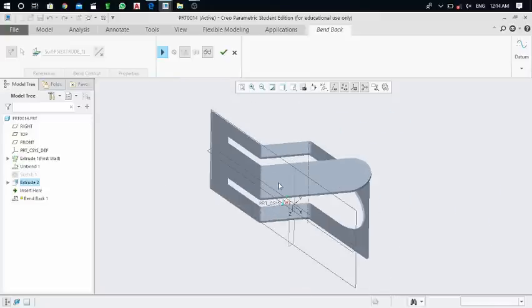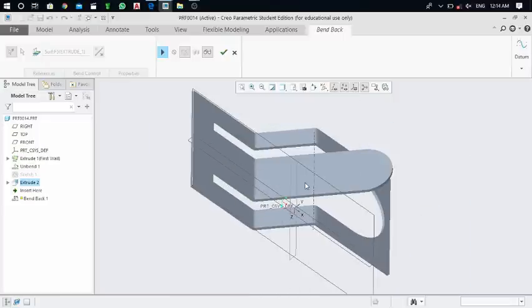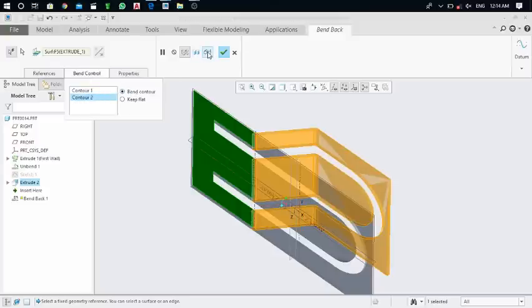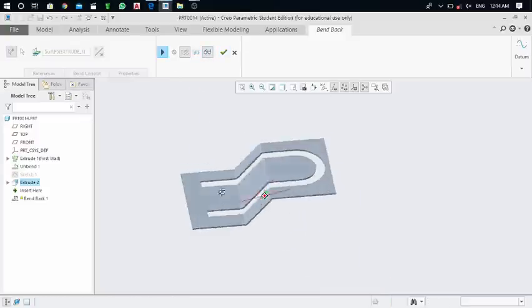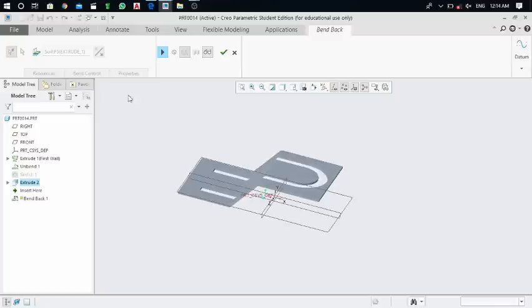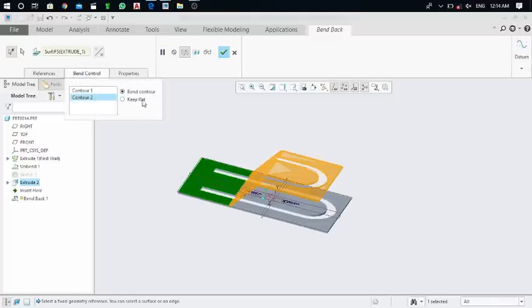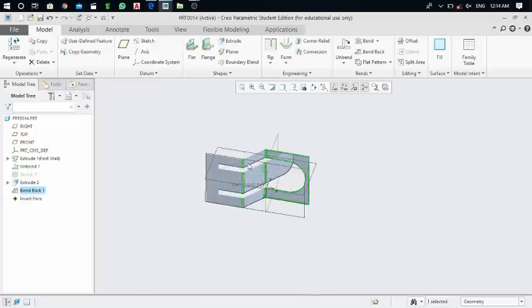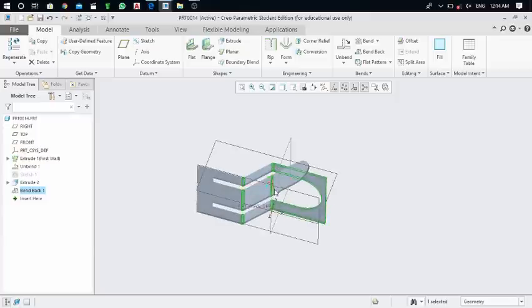Okay, so this first portion is flat. Again edit it, click on bend control, click on contour 2, click on bend contour and see the preview like this. Okay, again edit it, click on bend control, and for contour 2 keep as flat. Okay, this is the change we can make in this drawing by using this bend back feature.